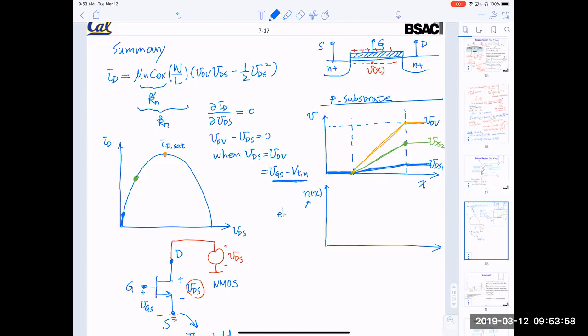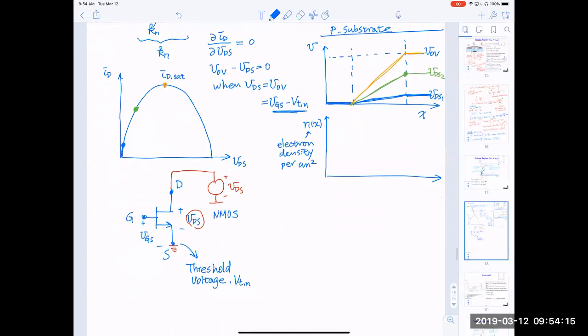So this is electron density per centimeter squared. We don't need the thickness; we already consider the thickness in there. So basically, N of X, we need a little bit more space. N of X is basically